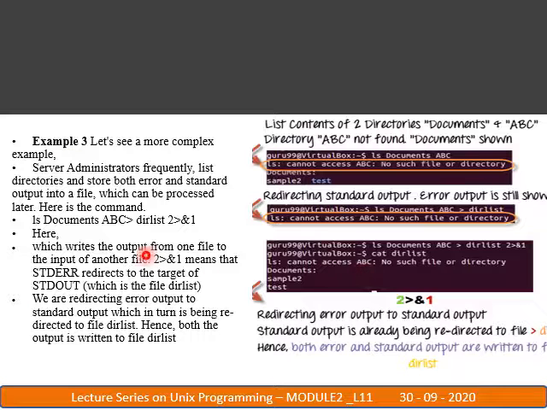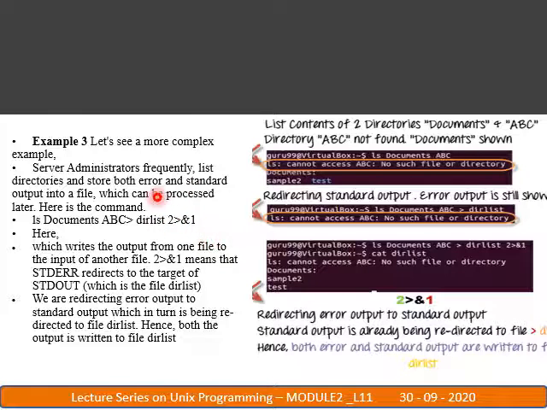Then another example, related to server administrators. Whenever we list directories, we may want to store both the errors and the standard output in a file so it can be processed later. This is the command normally used for server administration of directories: ls documents abc, redirected to dir list, 2 greater than ampersand 1.